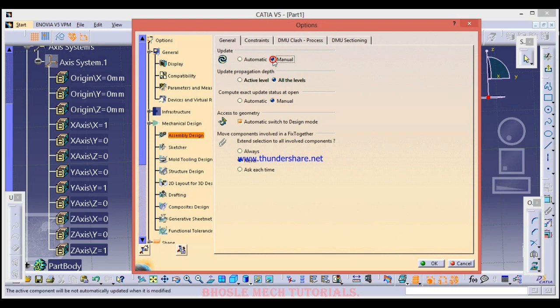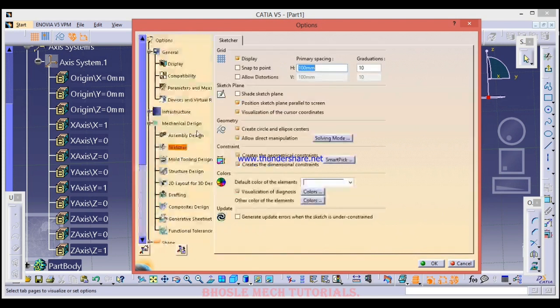I think manual update is the best option, so that we can update only what we want. For update, Control U is the shortcut key. In CATIA, Control U is the manual update. I repeat, Control U is the shortcut key for update.